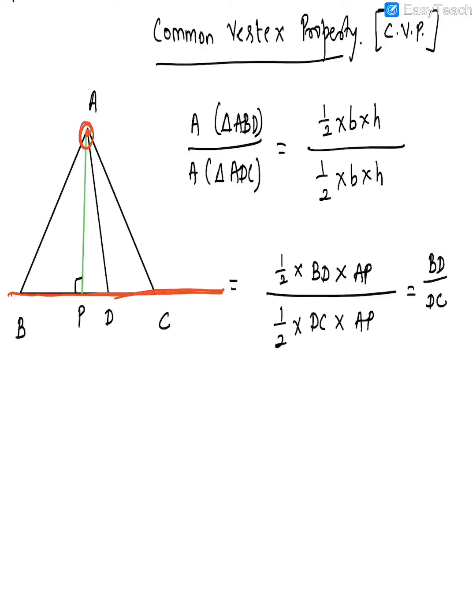So that's a condition. It's not just that the vertex has to be common. The other condition is that their bases should be in the same straight line. Then what can we say? That the area of those two triangles is proportional to the bases. I'll tell you the whole statement now. You can write it down in your notebook, guys. You may pause the video here, copy down this figure, and I'll tell you what you need to write as the statement.